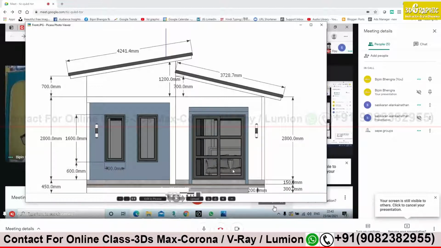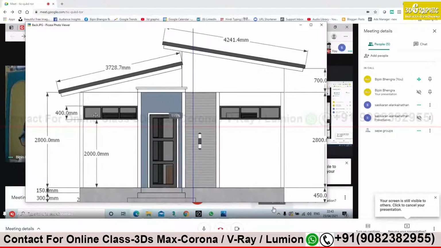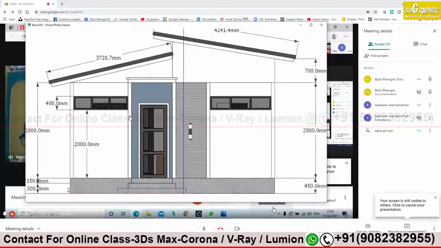Both of you see my computer screen. Can both of you see my computer screen? Hello? Yes, sir. Okay. So we did this one, the smaller window. Same thing will be repeated for another window.